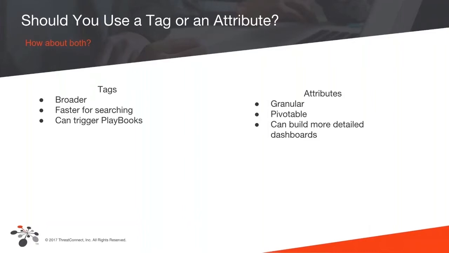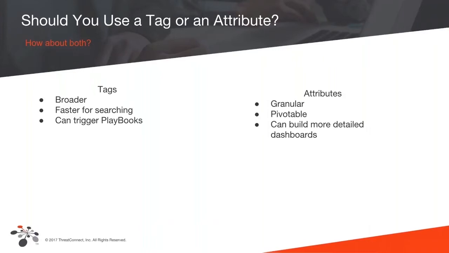Now, while tags are pivotable in a sense, like you can see every indicator or group that's associated to a tag, I believe that it's a little clunky because it is such a broad aspect, since it is this big umbrella. Once we get down to attributes, those are pivotable. We can create those custom attributes that mark an indicator. So we can select that phase of intrusion for an indicator and pivot and bring back just the results for that specific type of attribute.